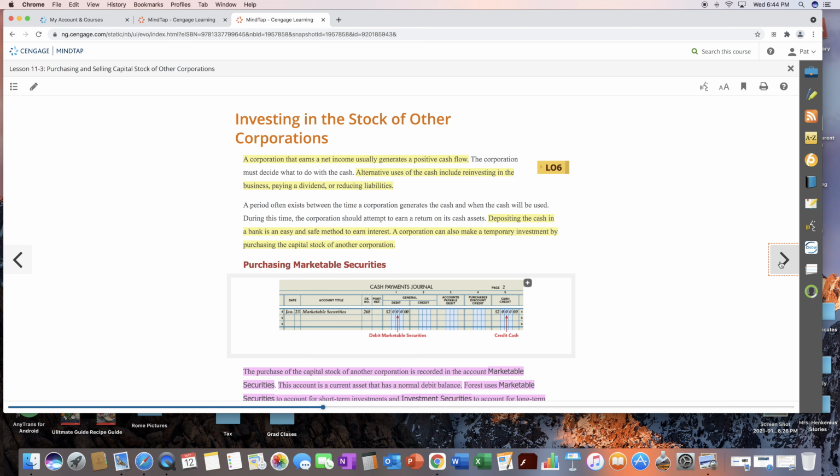We're going to have an entry to a thing called marketable securities where we keep track of money we have that we don't know what to do with yet or we're not investing yet. We'll invest it into another company's stock, invest in the market. So we'll have a transaction to record the investment called marketable securities. We'll have a transaction to record any dividends we might get from that. And we will credit an account called dividend revenue to increase that and show that that is the revenue from dividend. And then we will sell back the stock when we're ready to use our money, get our money back.